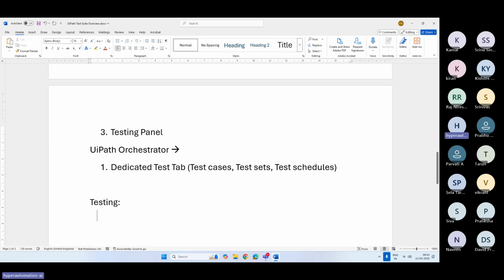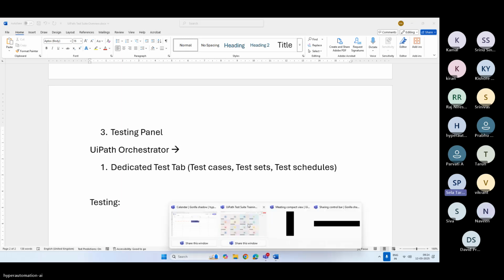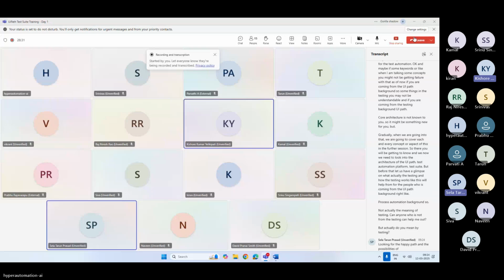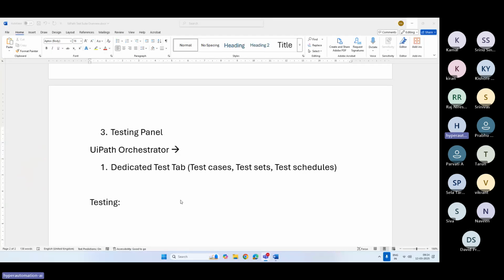What actually do you mean by testing? Checking for the happy path and checking the possibilities of functions failing in the scenarios. Okay. A very simple statement for testing is